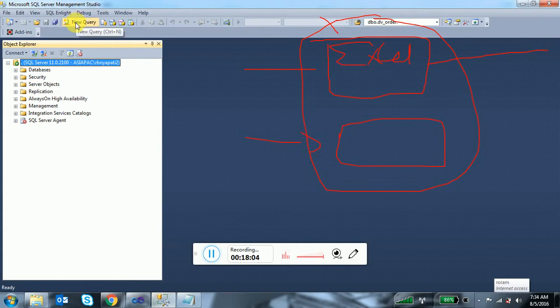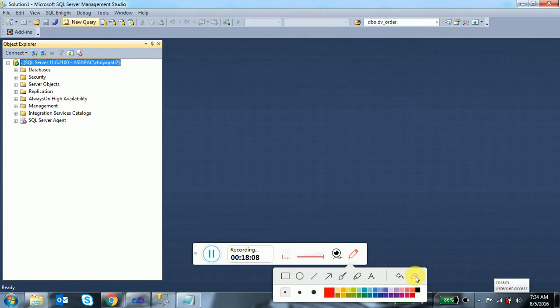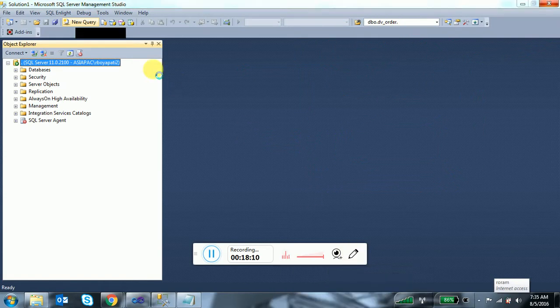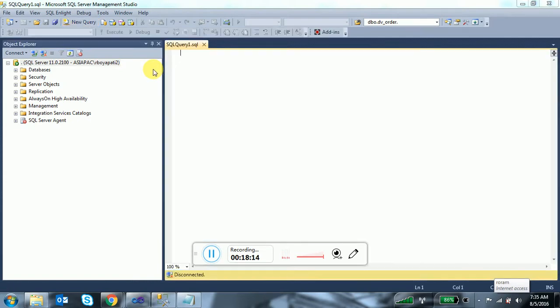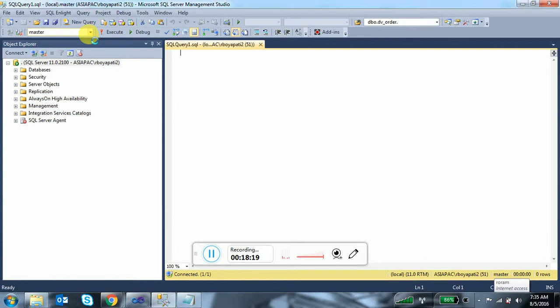In this table, I have this data. If I want to truncate the data in this table, how can we do it? We can write truncate table EMP. Right? I don't want to do this in SQL Server Management Studio.